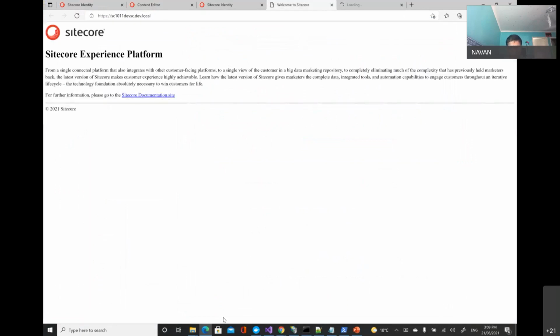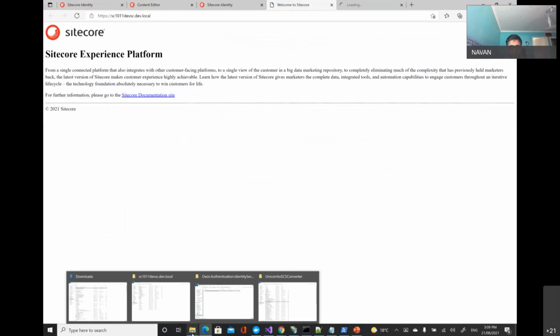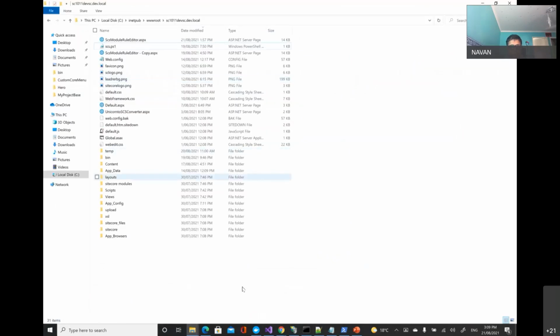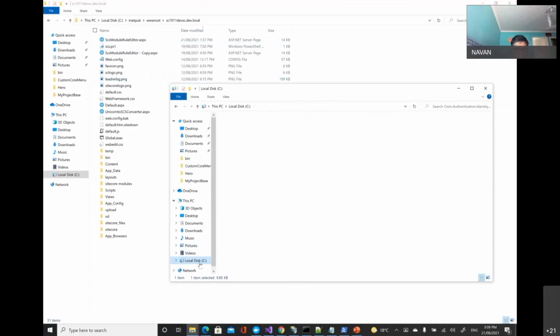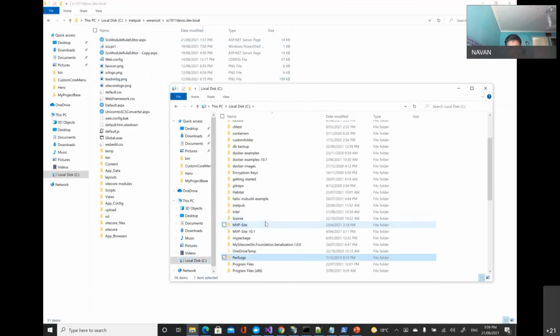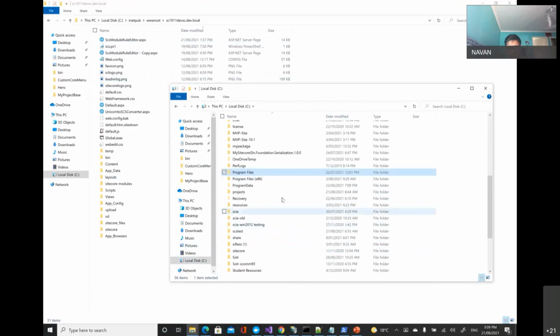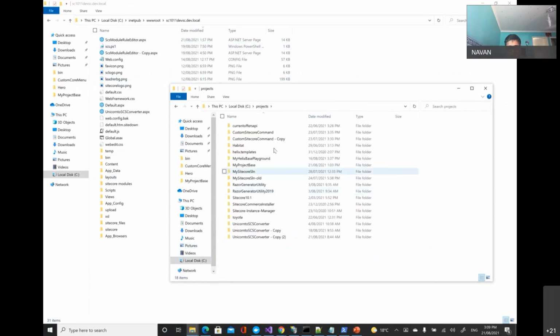Currently I've configured this tool to my local folder where I have my C: projects, and then my project base.